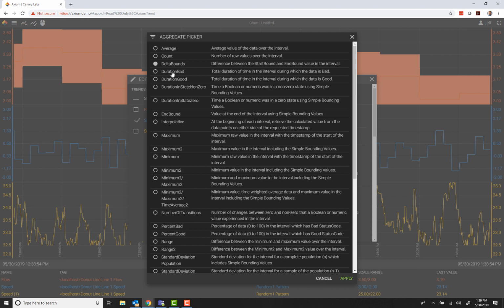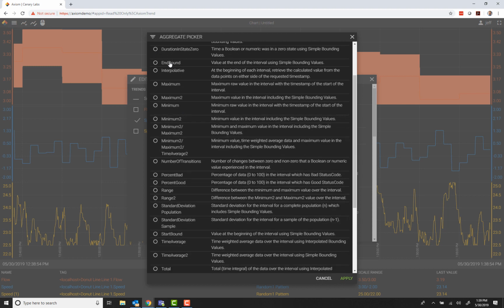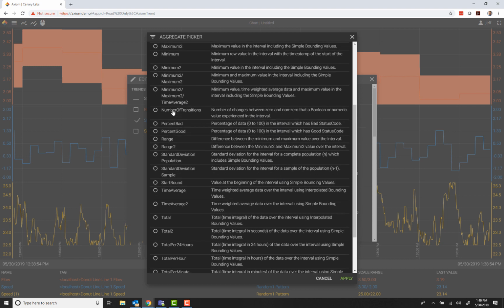If I had a quality score, this would tell me in milliseconds how much time I spent in a bad quality read versus a good quality read. If this was a discrete, it would tell me in milliseconds the amount of time that the value was non-zero or state zero. Inbound tells me the value at the end of the interval. There's a maximum, a minimum, min-max, min-max time average, a number of transitions on a Boolean,